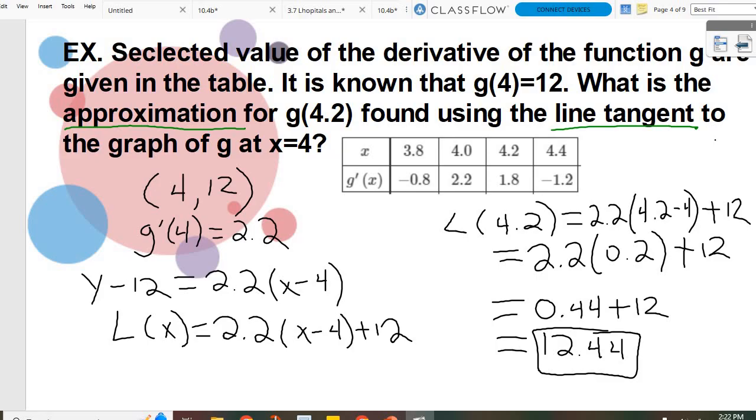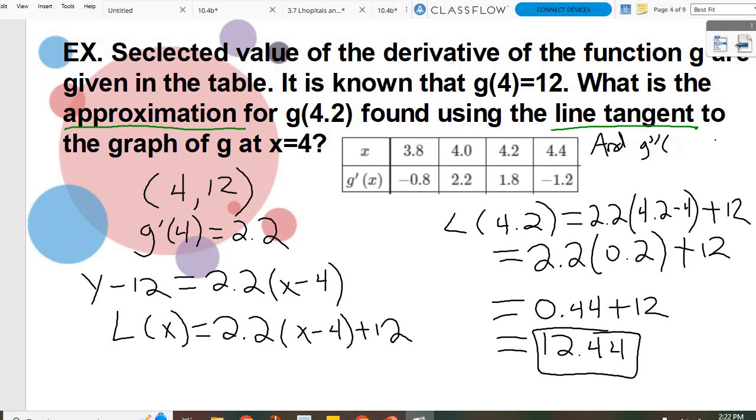What questions do we have? Yeah, well, so I don't even have to have the actual second derivative. I just have to have information about the second derivative. So let's say all of that was the same, and I said